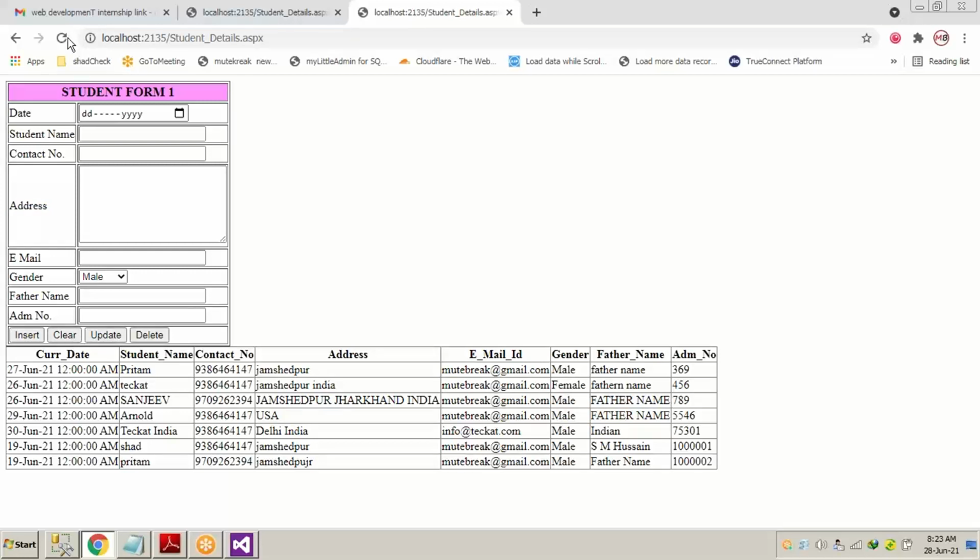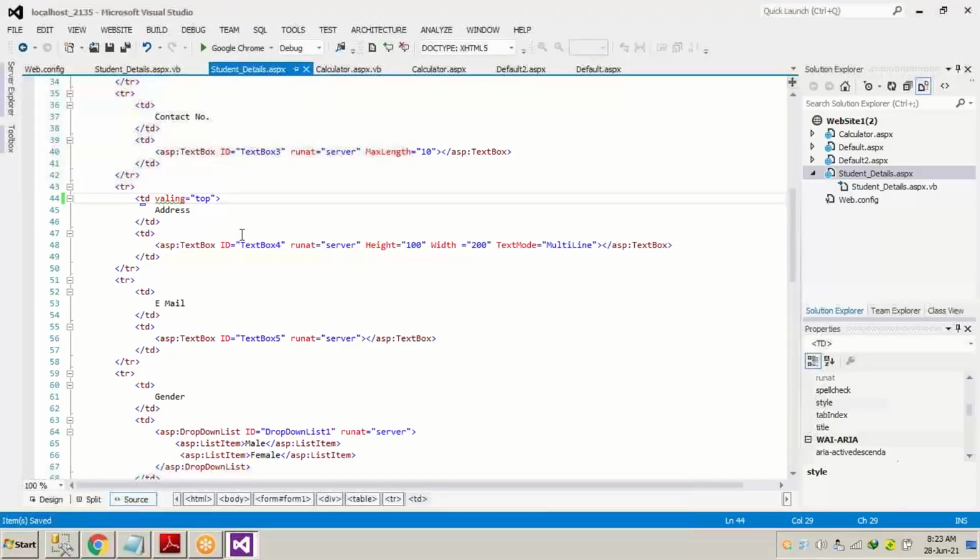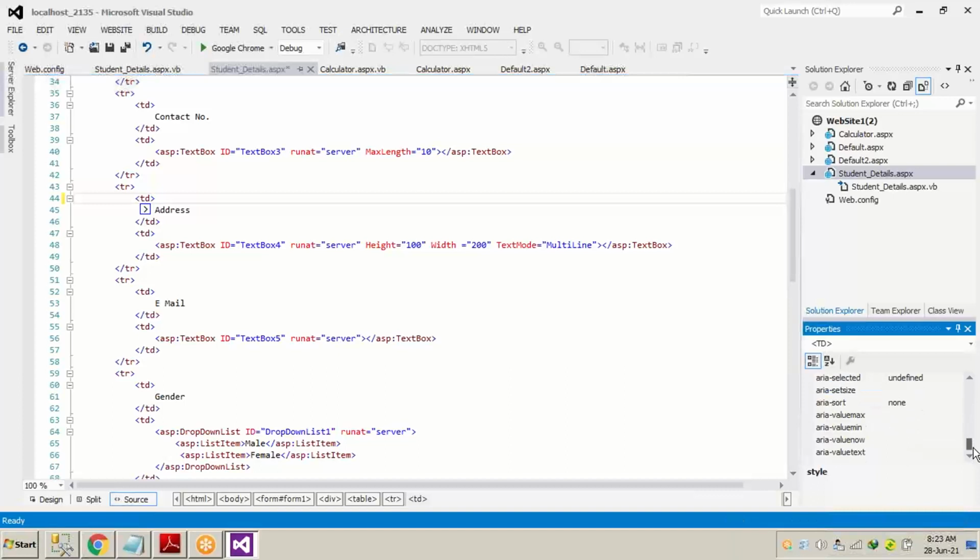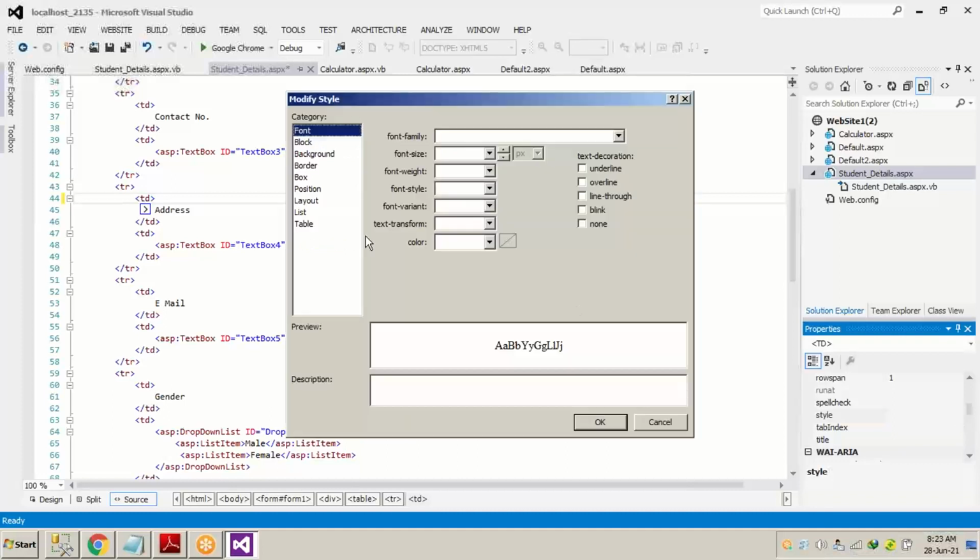Okay, no, Sip Santosh. The thing is that it is not going on top. That also we have to do from the style section. Means if we click the TD part, and in this particular TD part, if we go to the style, let me just select the style. Where is the style? Okay. Now this is the style for this particular TD.